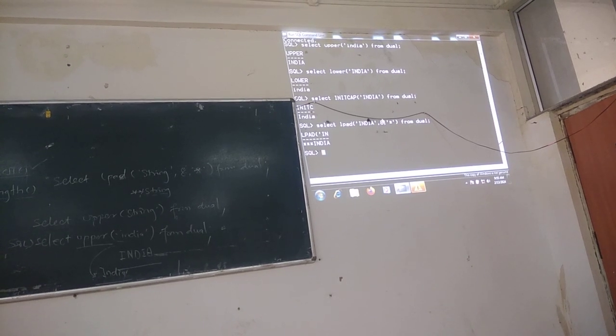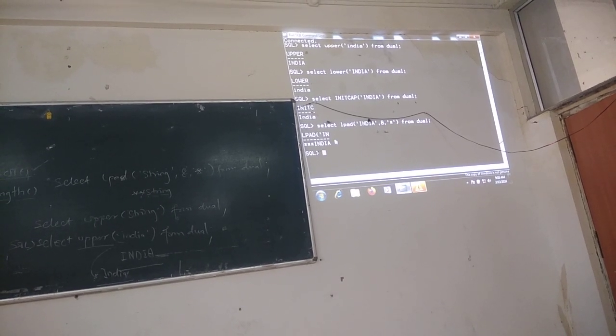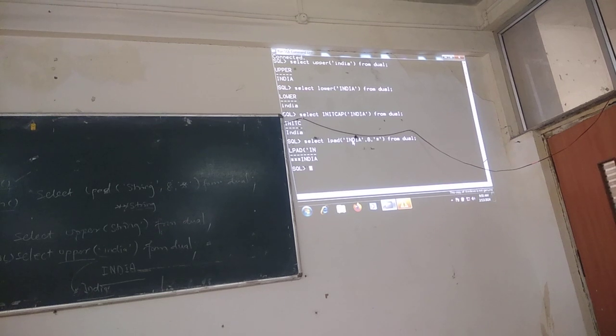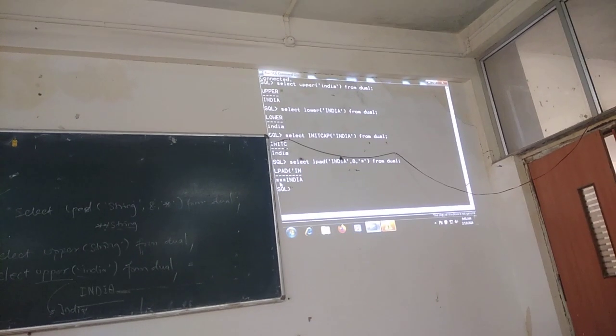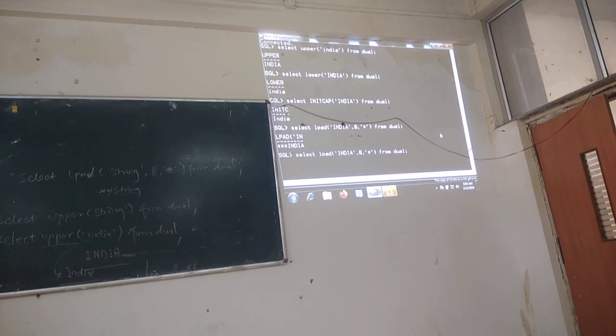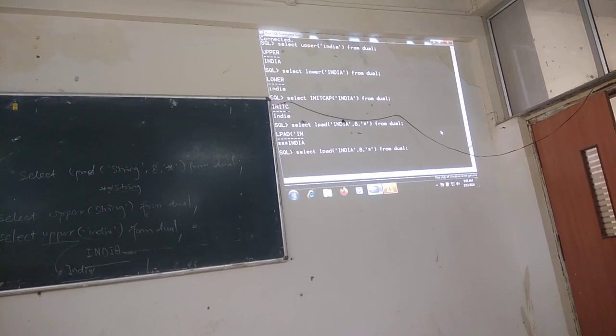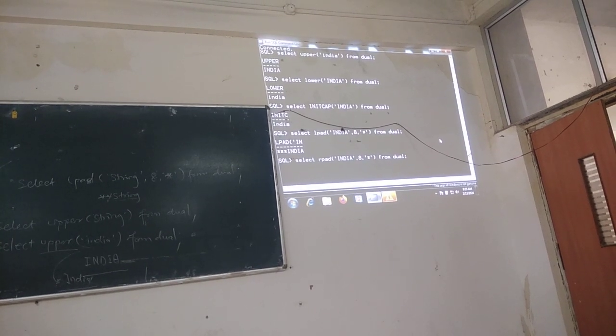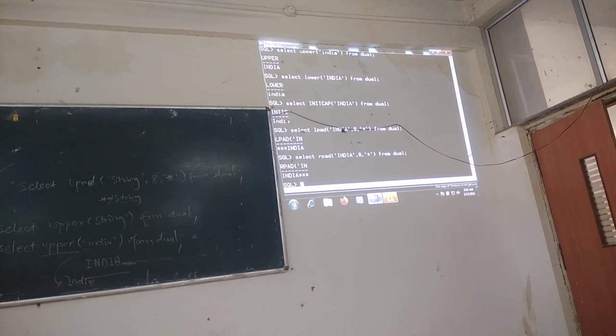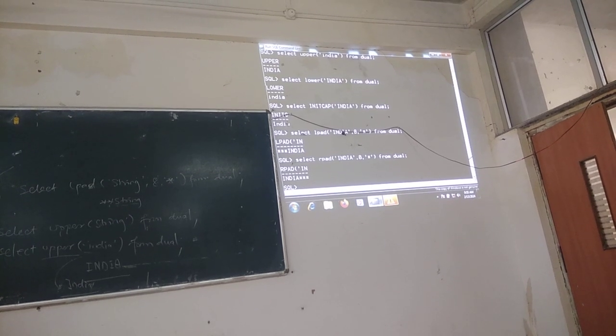And here you are specifying 8. That means 8 minus 5, 3. This star will be added on the left side. Next function is rpad. So what will it display? It will display star on the right hand side.